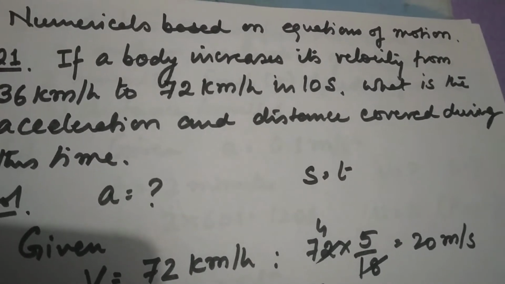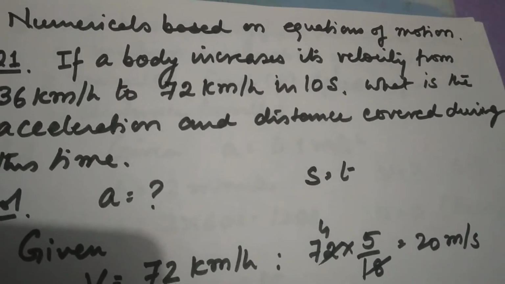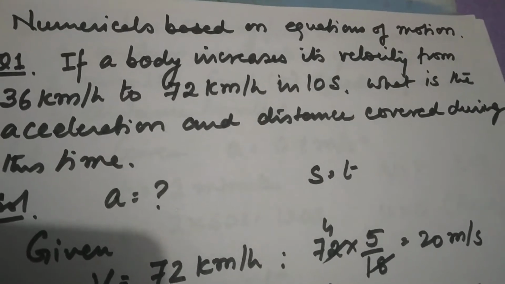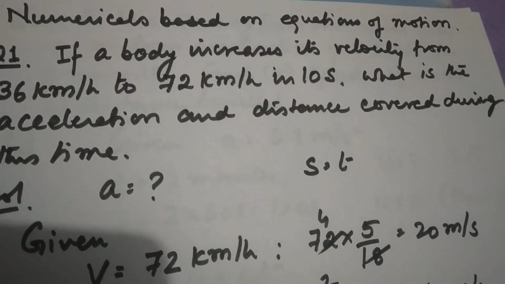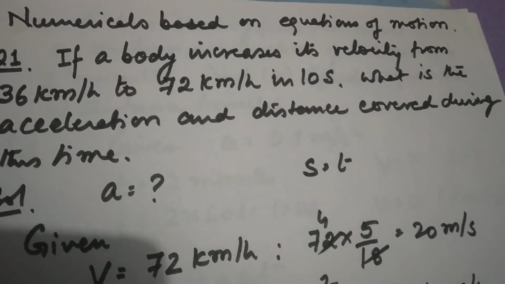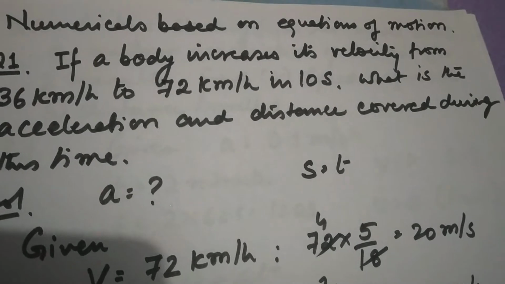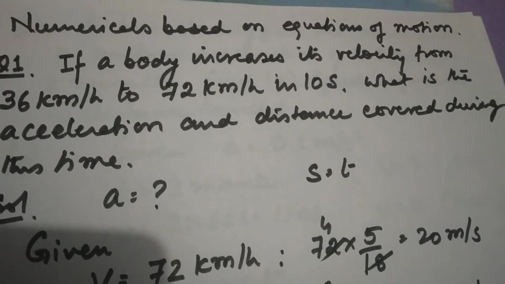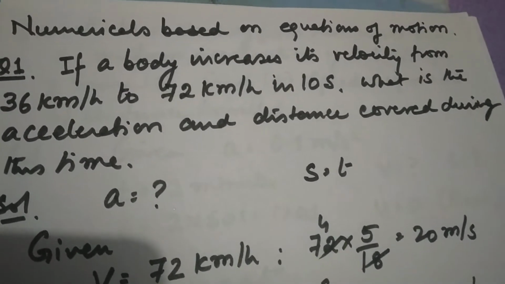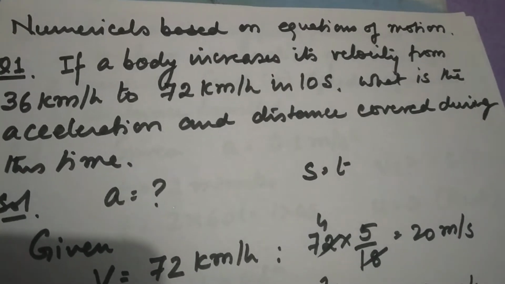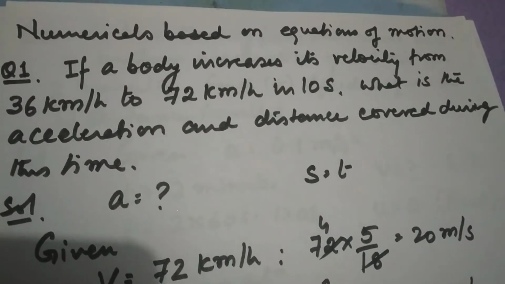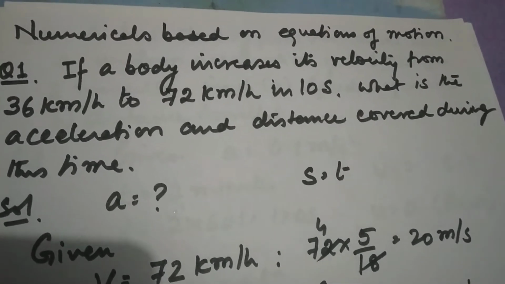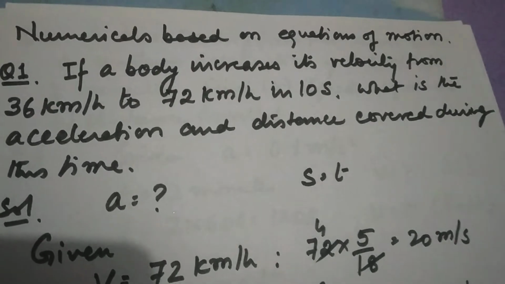Dear student, listen to one thing: these equations of motion have to be applied as per your convenience. If you are given values of V, u, a, s, t, we have to apply the easiest or the proper equation of motion, so that your calculation does not go long and does not become so lengthy. So we are showing some examples through the numericals. We are reading the numericals for you, and then we'll state the steps. You have to clearly follow them, observe them two or three times, and then practice them in some copy, so that you do not have any problem.